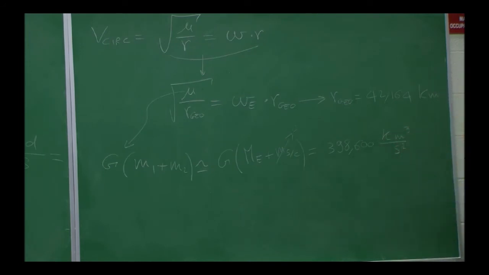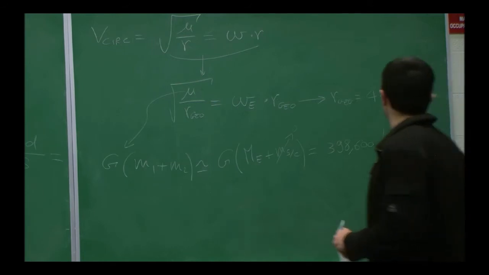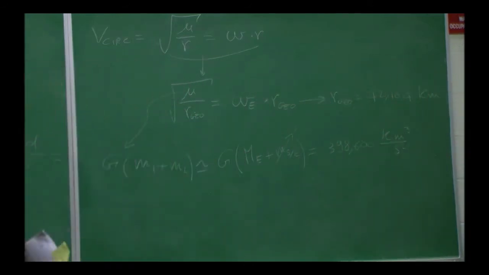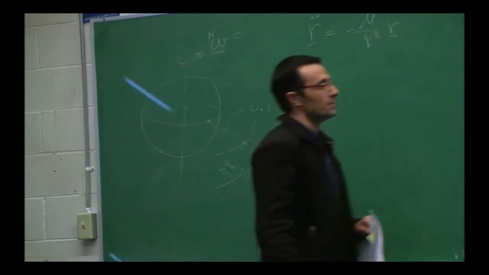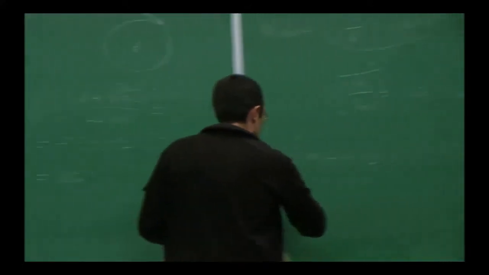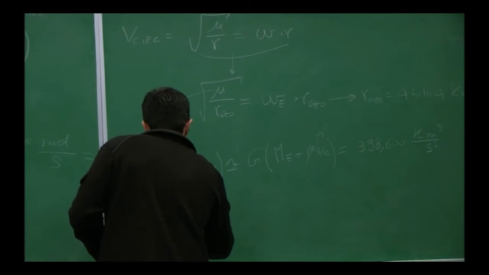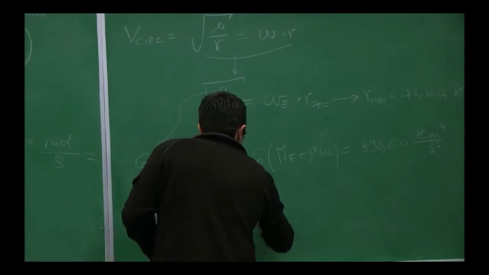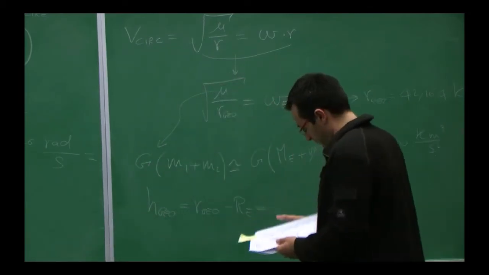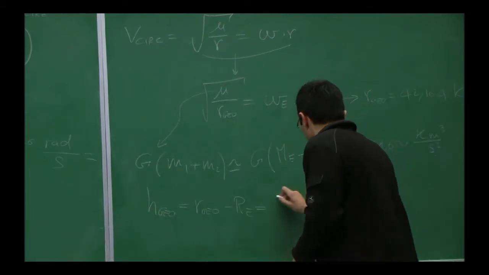This is one of those numbers that you memorize in an astro class because you use it all the time, and then you forget after a couple of weeks. Okay. Now that is the radius. That is not the height, okay? To get the height, you need to subtract the radius. So if you want to know what is the height above the ground of a geostationary orbit, you subtract the radius of the Earth, which is the number I gave you, 6,000 plus kilometers, and I get